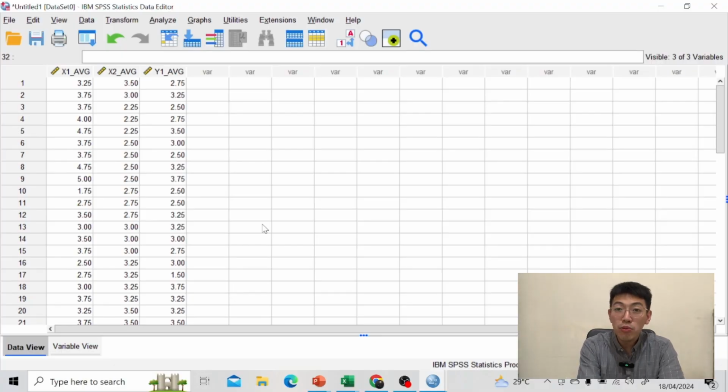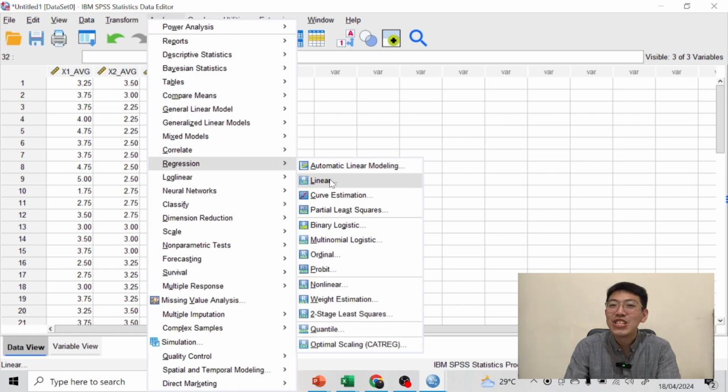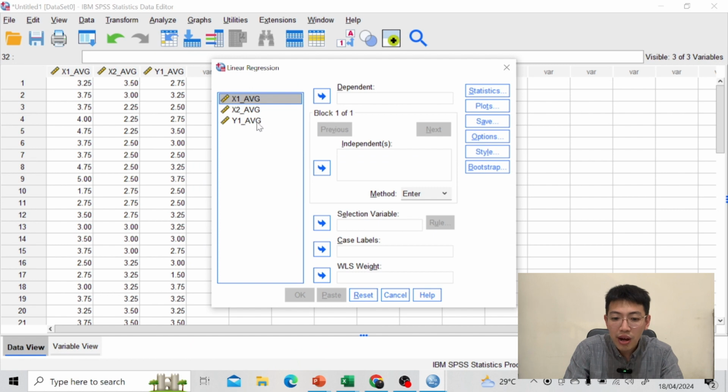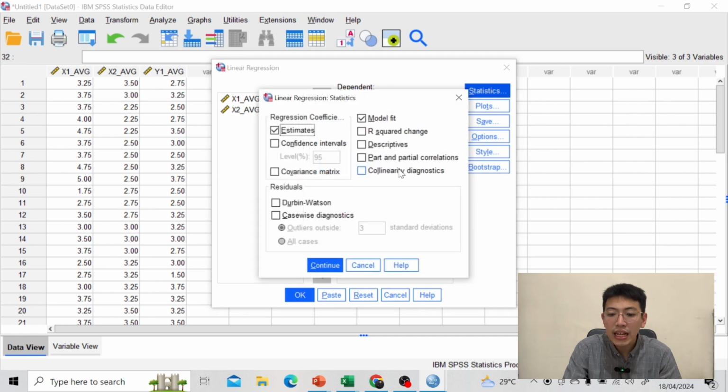Now, how to conduct the multicollinearity test? We use this data: y1, x1, and x2. Since there is more than one independent variable, we have to conduct the multicollinearity test. The way is Analyze, Regression, Linear. When you conduct regression analysis directly, you can know the result of the multicollinearity test. Move y1 into dependent, x1 and x2 into independent, and then choose Statistics here, tick collinearity diagnostics.